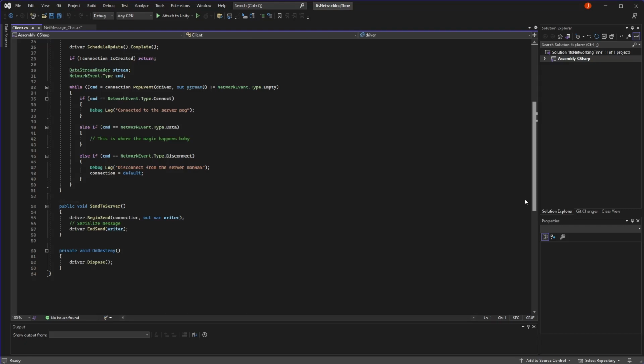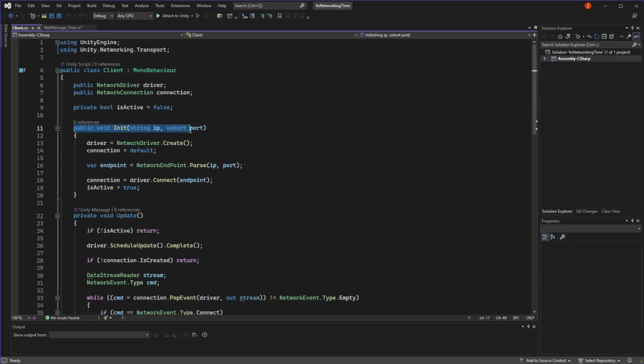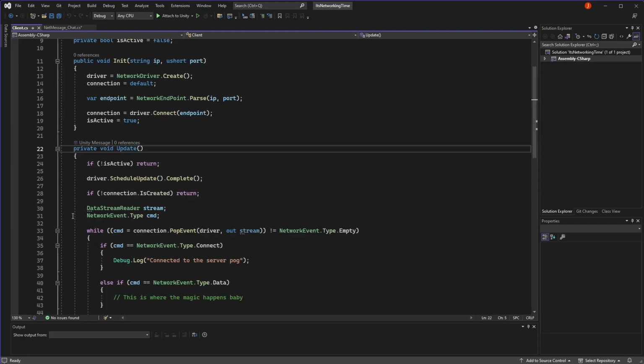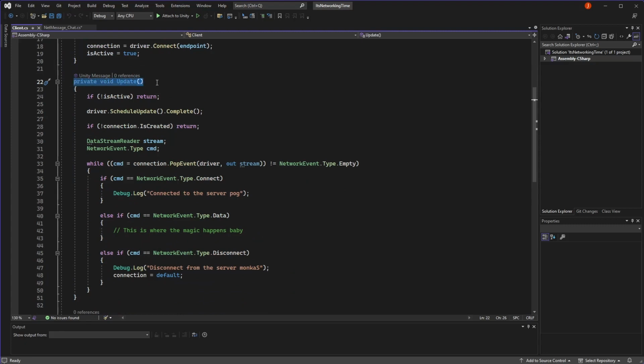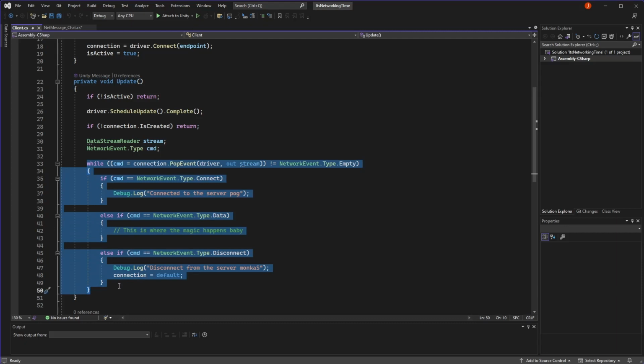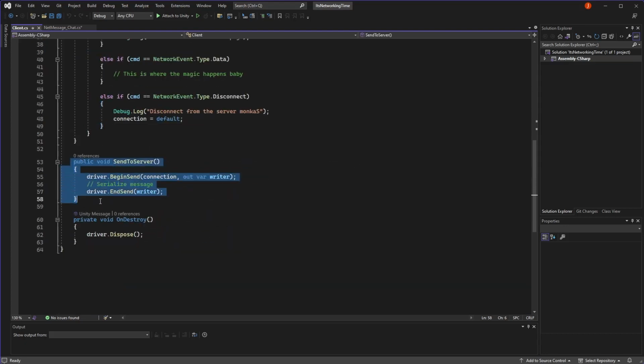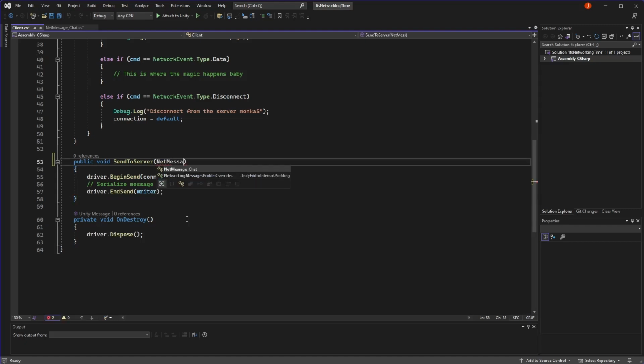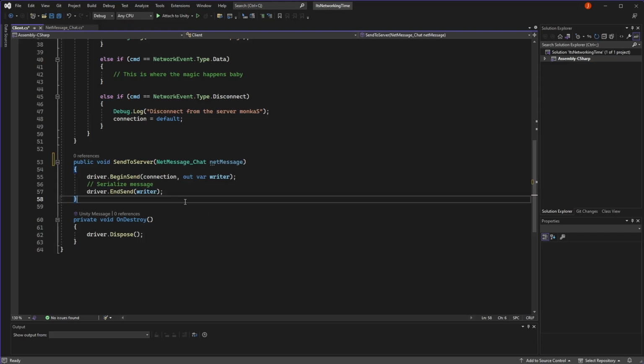All you need to know is that at the start of the game we will call this function, which will connect us to the server. Then in the update function, which is run once every frame, we are simply listening for any update we receive from the server. Remember, once we're connected to the server, we're relying on it to pass us any messages from other players in our game, for example any text they type into the chat. And finally, I have this function which is responsible for sending a network message to the server. Consequently, it will take in the netMessage chat object we create when the player posts something to the text box.